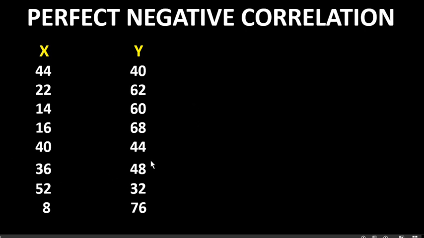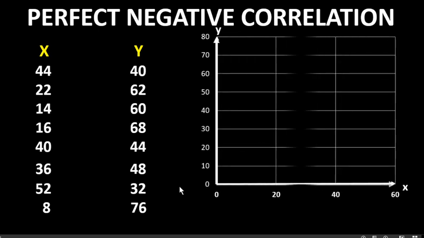X and y are correlated variables and values of both are given here in pairs. On the basis of these values, we'll draw the scatter diagram. For that, x and y axes perpendicular to each other are taken here as shown on the screen, and the scales are taken on both the axes as shown on the screen. Now we draw the points representing all these values on the graph, and by doing so the points will be found in this way.